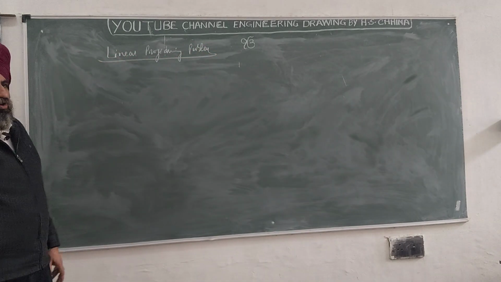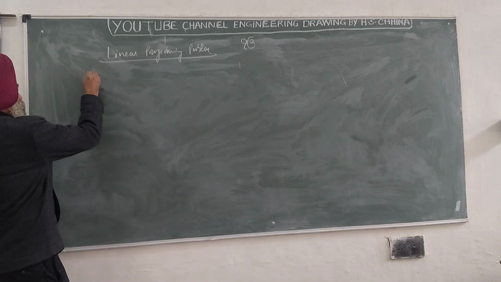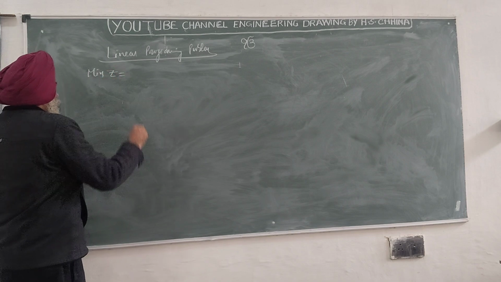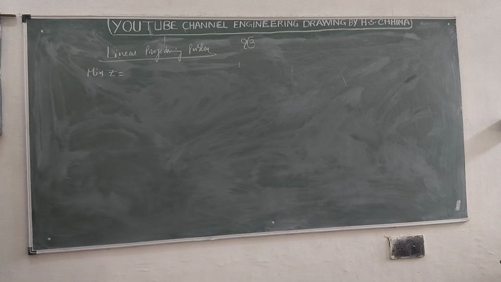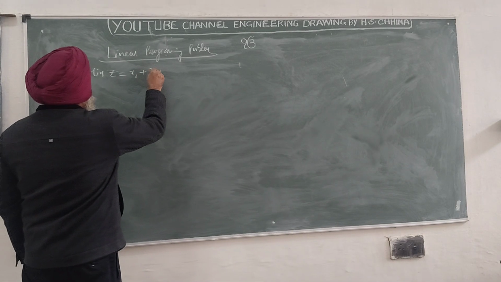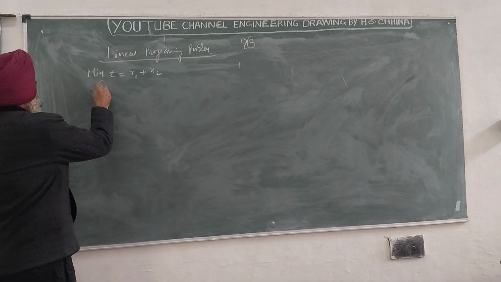We are taking a case of this problem. Basically, this is the minimization problem. Minimum z is given to x1 plus x2, subject to